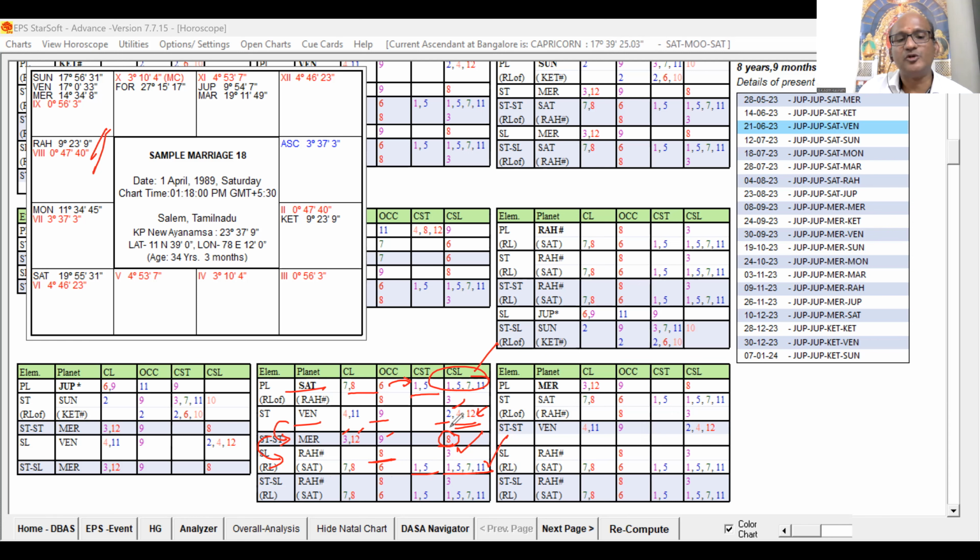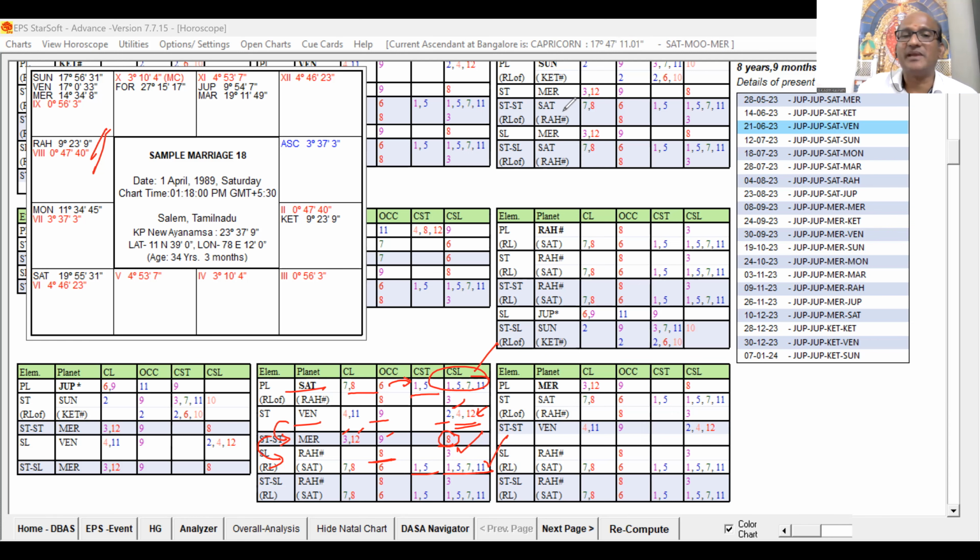Marital life is going to be smooth or not, it is going to be good, but along with some struggles, right? Because it is not having any strong 6-8-12 grouping, but it is having favorable along with some obstacles. So this is the way Saturn's destiny is promised for the marriage, along with some delay, right? So this is the way we have to study the seventh house matters.